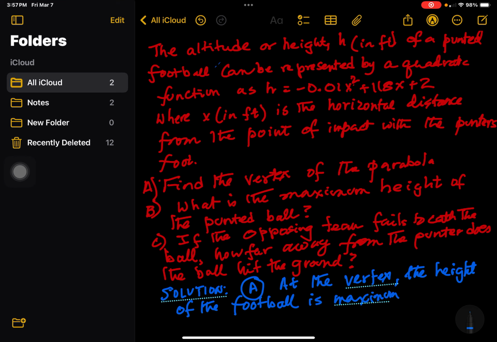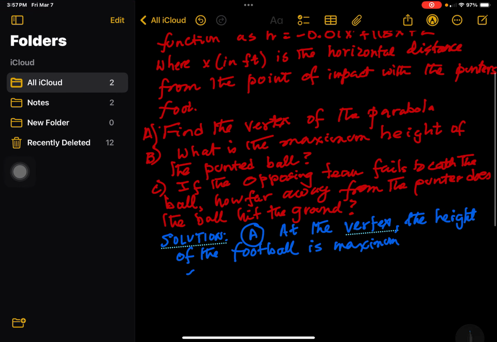So we already know the expression for height. So let's write down. H is equal to minus 0.01 x square plus,